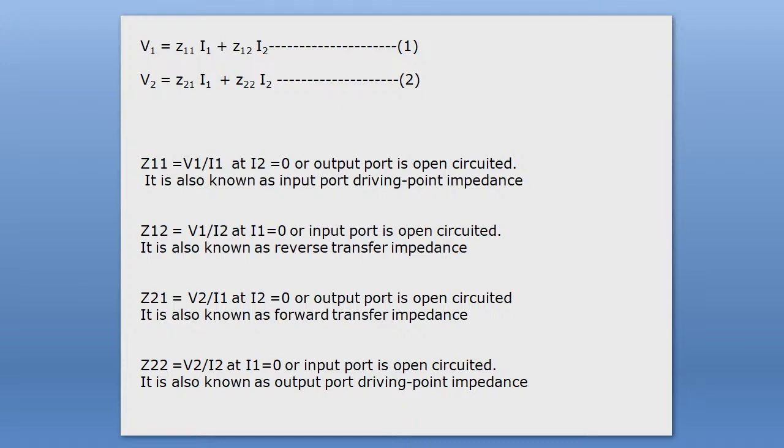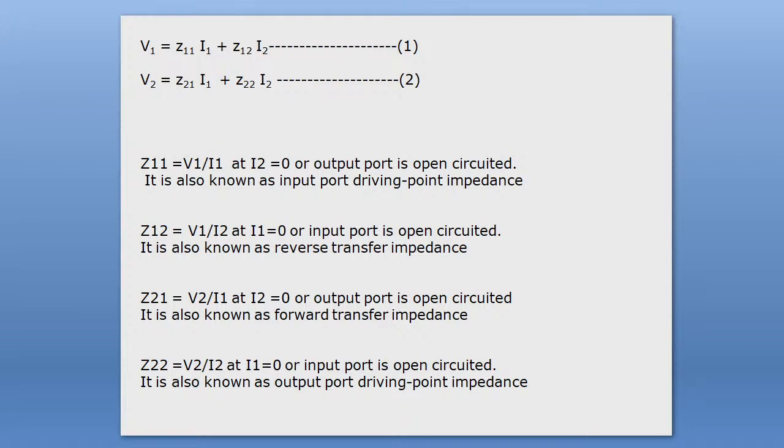So first we represented this relation in matrix form, and later we wrote the relation in equation form. And from these two equations we have derived the expressions of the different impedance parameters Z11, Z12, Z21, Z22,